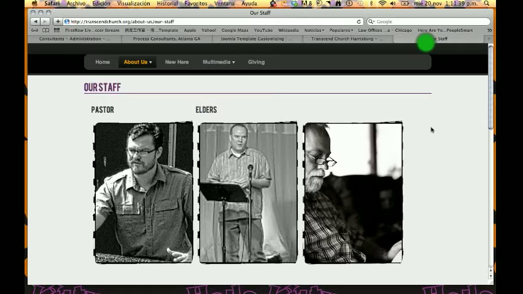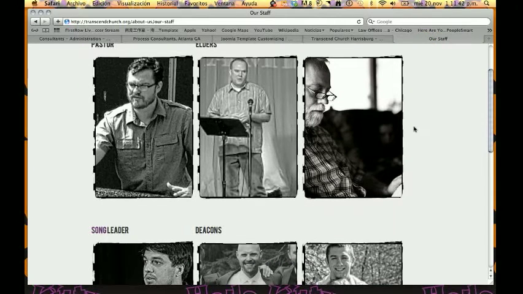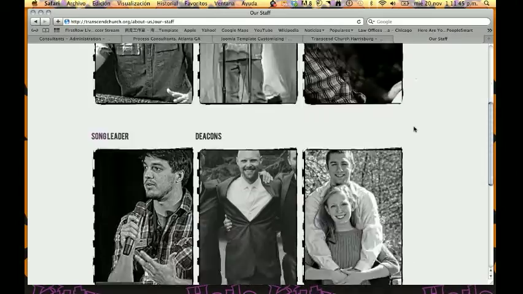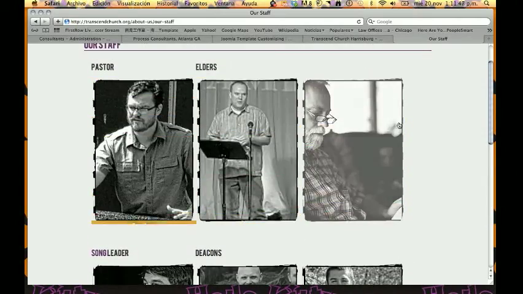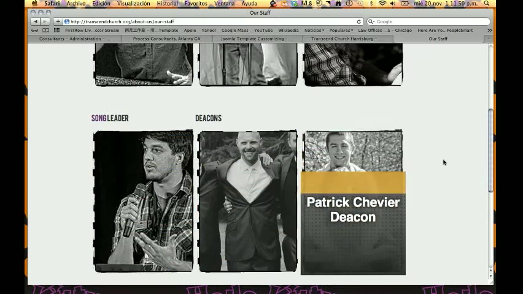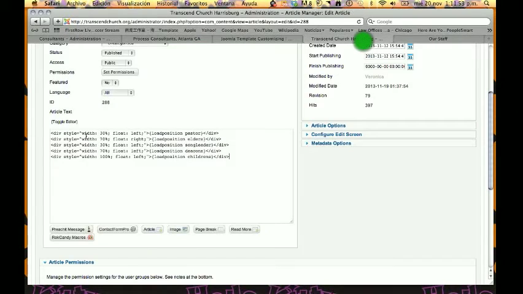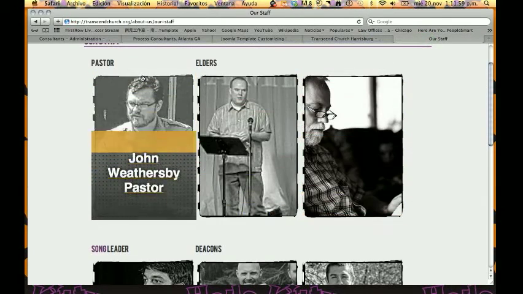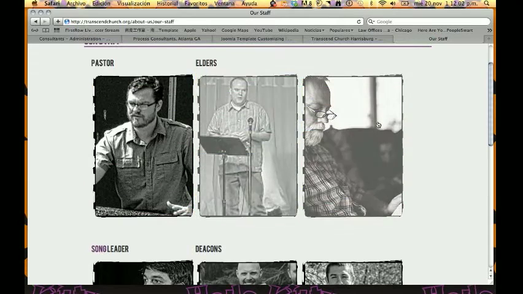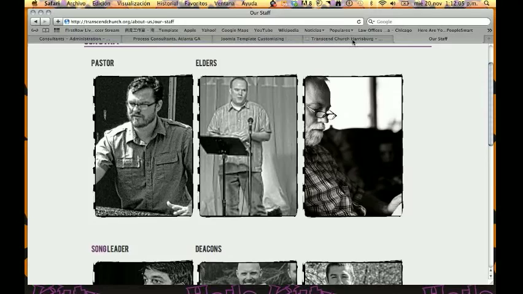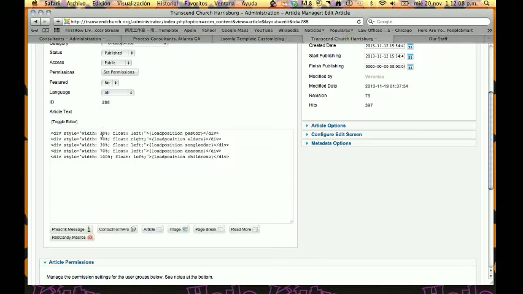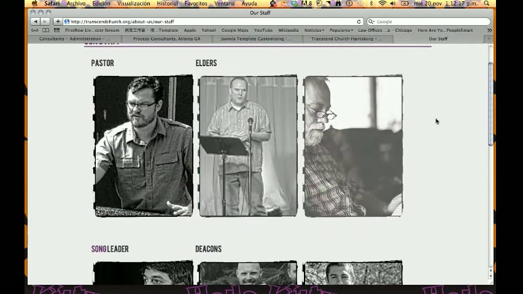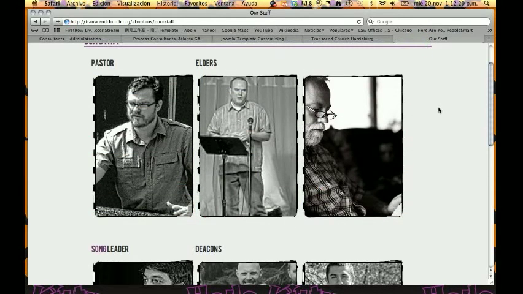And let's say you want to have 2 pastors and 3 elders, then what you would do is just keep 100% here and then 100% here. So the percentages are only needed if you have like here 1 and then 2, or let's say you want to have 1 pastor, 1 elder, and 1 deacon over here, then you just need to redo these percentages. So each, for example, 30, 30, 30, and then you will have 1 on